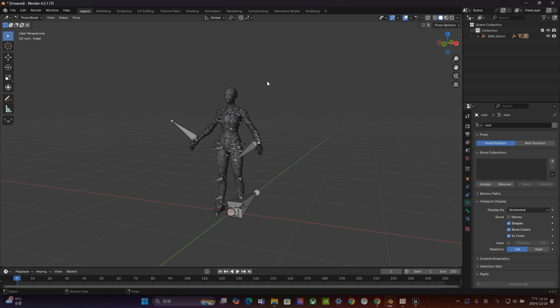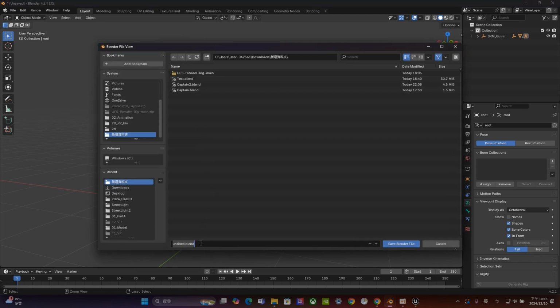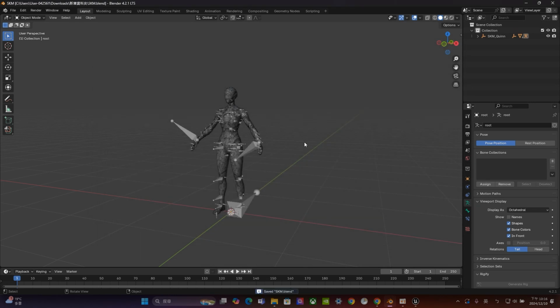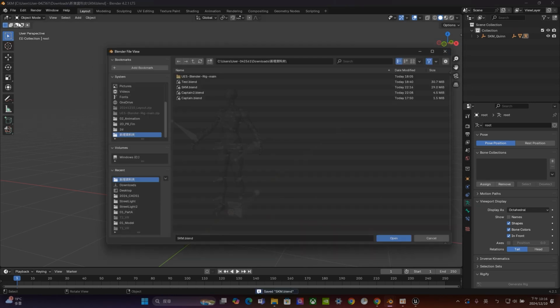So for the next part, we can bring your head to here. Bring the Captain Adventure's head to this area and, using rigging, set the head to be controlled by the head bone. That's the idea. Let's try to do that. So first thing, I want to save this one. And let's call this SKM. Okay, go to File, open up,